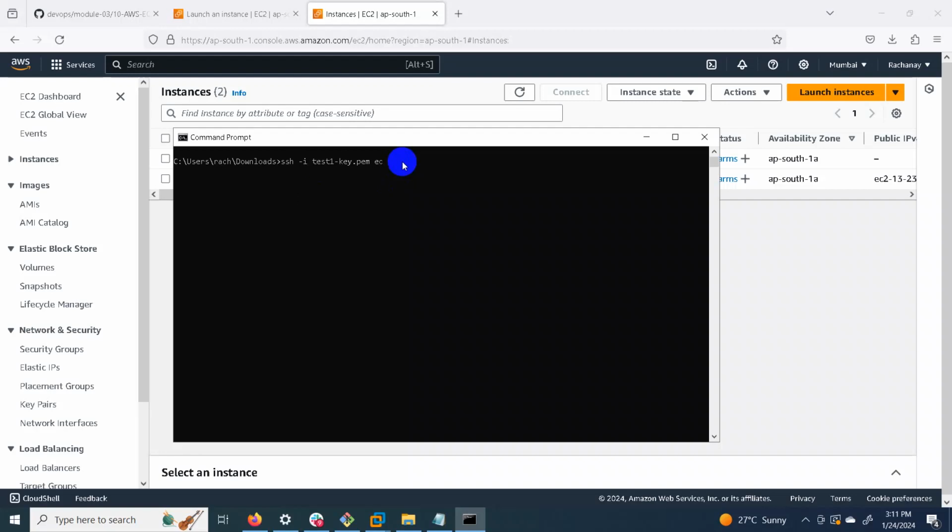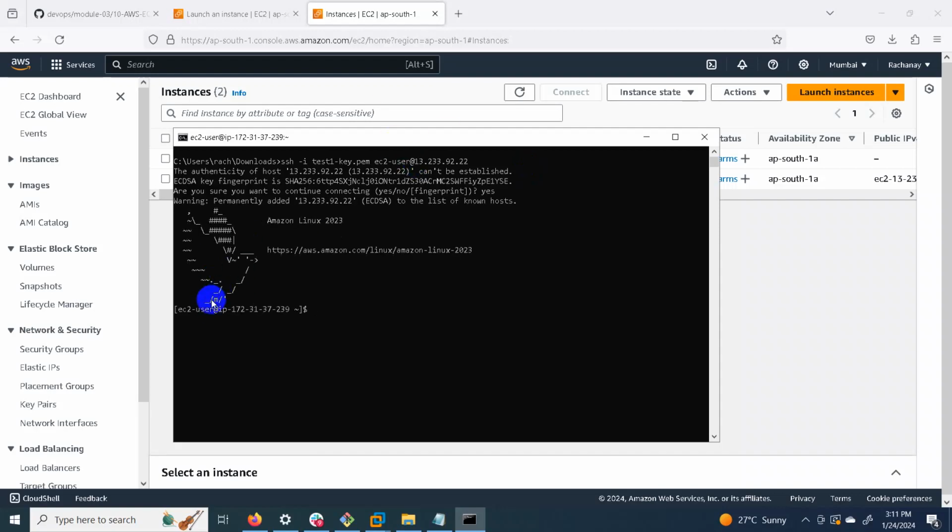The user is ec2-user, which is the default user of the Amazon machine. Then at the rate, the public IP, which I have already copied here. Just press enter. It is asking, are you sure you want to continue connecting? Yes.